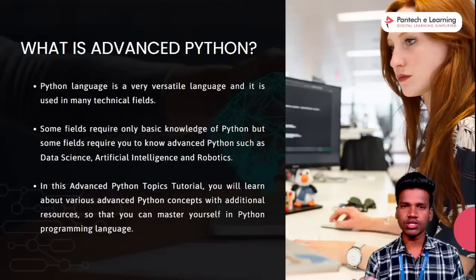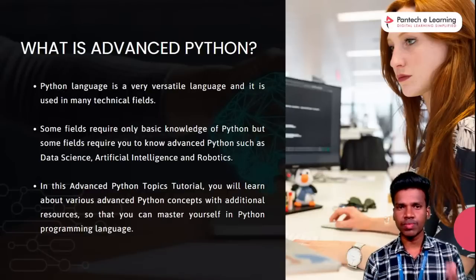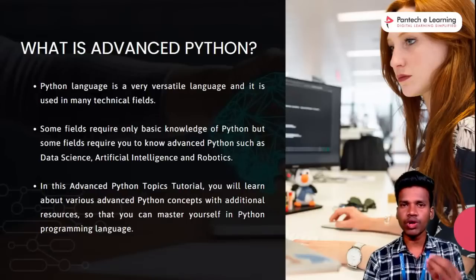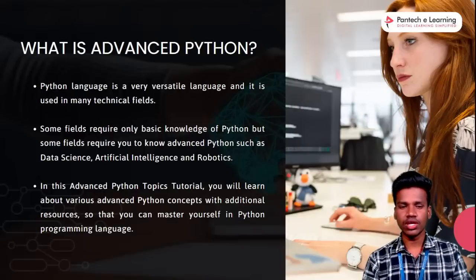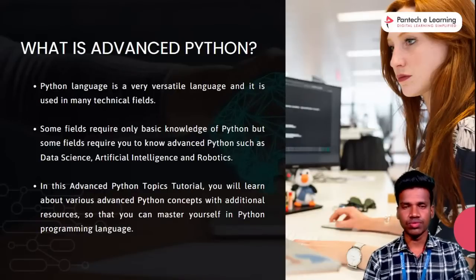Advanced Python also has advanced concepts. In future sessions I will explain one by one what kind of advanced concepts there are. I will explain to you. Okay,